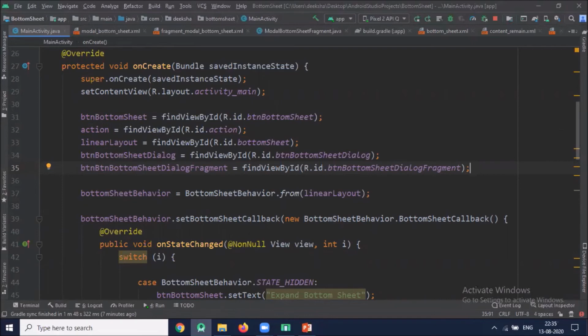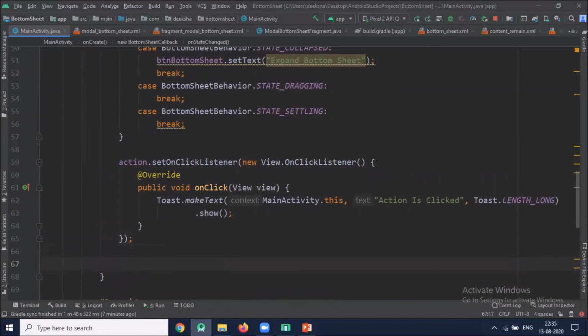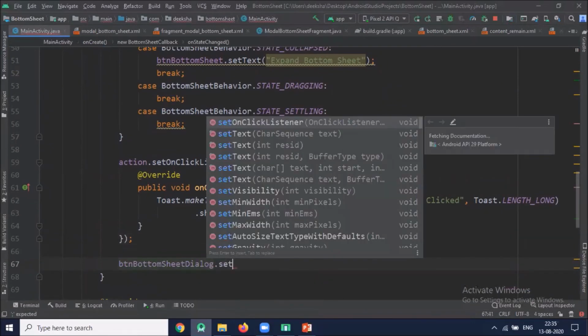So first we will work on bottom sheet dialog inside the onCreate method. Bottom sheet dialog. Let's set on click listener.